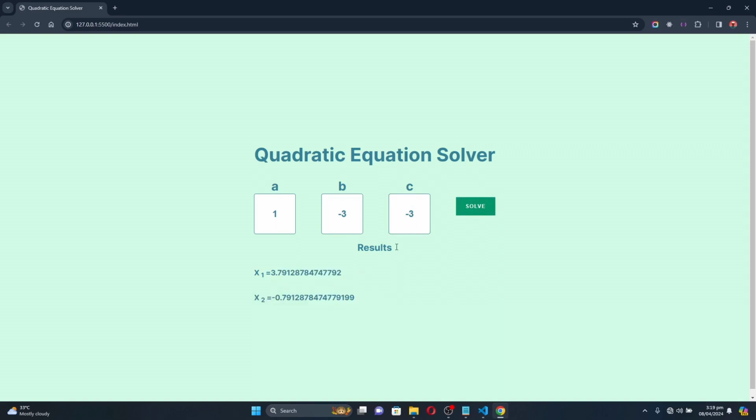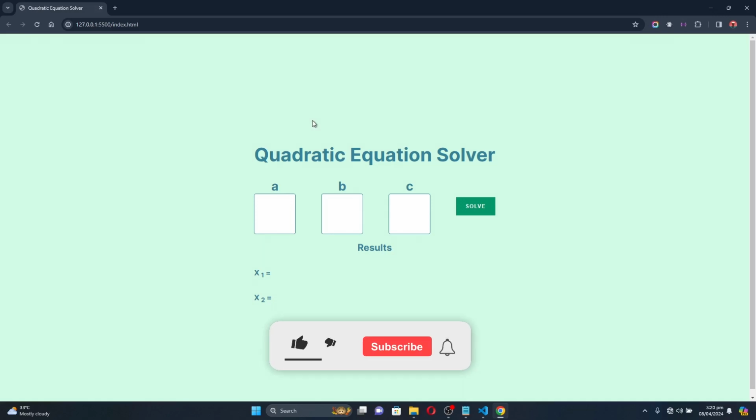So as you can see, it's not 3, this one is 8. When you see NaN like this, it's because the answer we are going to get is a complex number. If you put this in the quadratic equation solver in a calculator, you will see that your answer has a letter like i in it. That shows that it's a complex number, and that's why it's showing NaN like that. So it doesn't mean it's an error. That's what it means. So yes, this is how you make a quadratic equation solver using only HTML, CSS, and